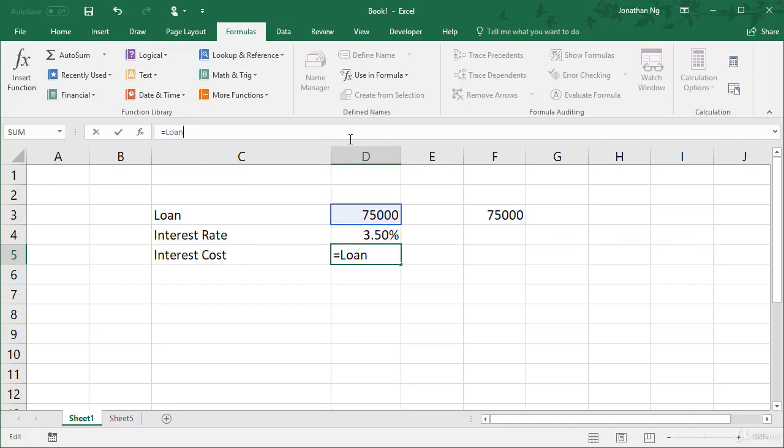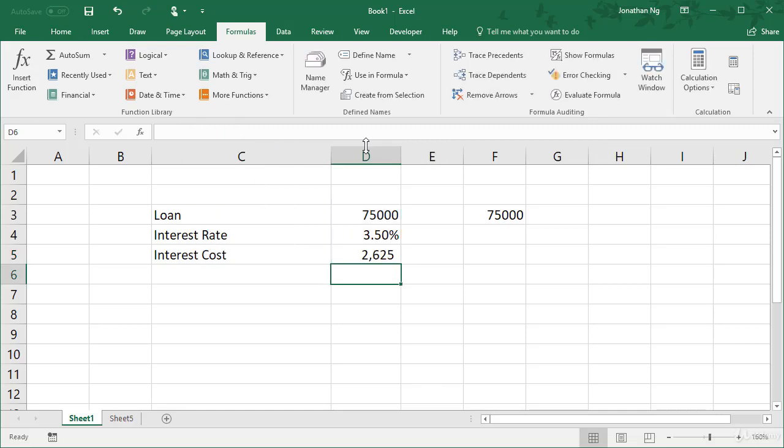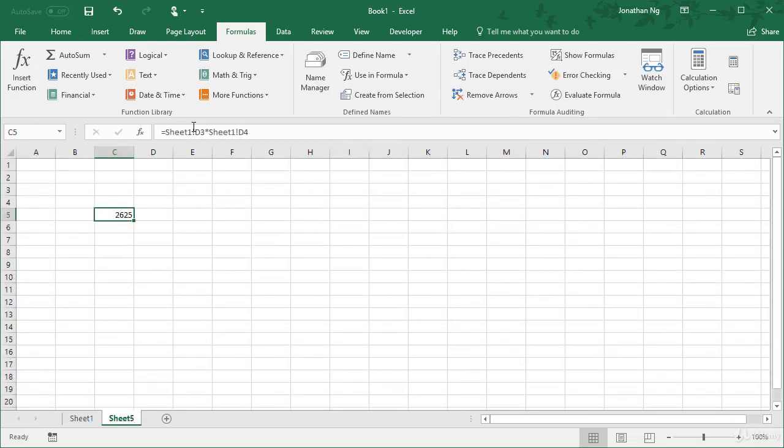So here I can type in loan. I could have clicked on that as well. Times interest rate. Come down, hit tab, and it's automatically going to do that typing for me. Again, if I'm doing this from another sheet, this becomes even better because I can't easily go back and click on the other cell, but I can very easily start to type these values in like so. So that is named ranges, which is the best practice for referring to static ranges of values in your Excel